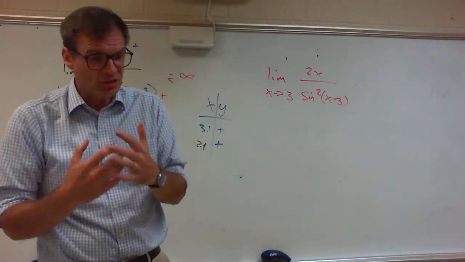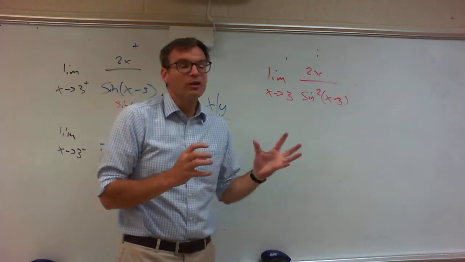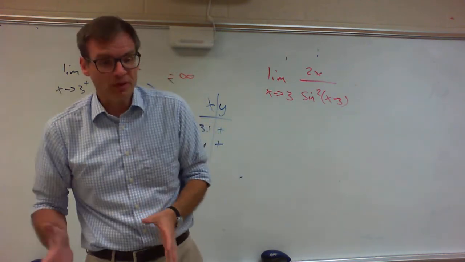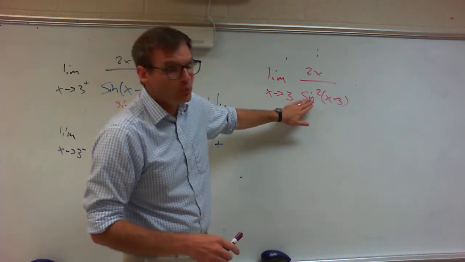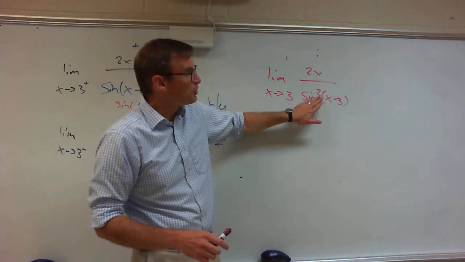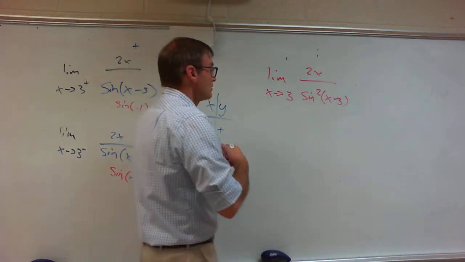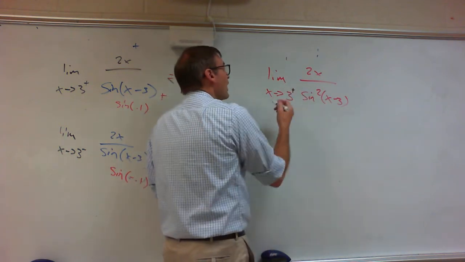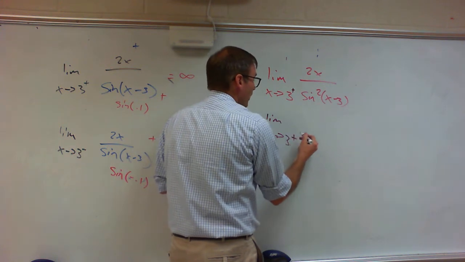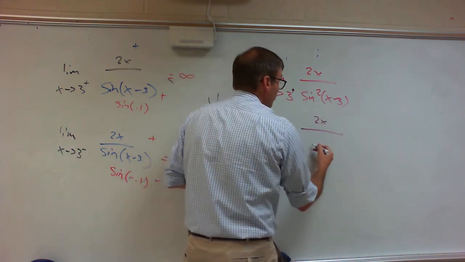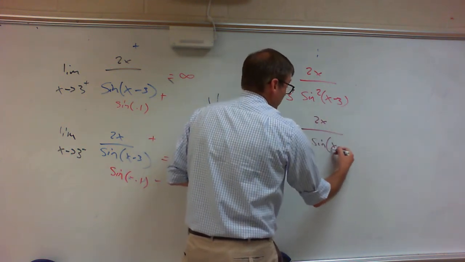I think all it does is confuse people. It confuses you a little bit in pre-cal. It really confuses people in calculus. And so I just want to remind you, do a refresher, that this means, oh wait, I want to say from the right. This means, what's the limit as x approaches 3 from the right of 2x over sine of x minus 3